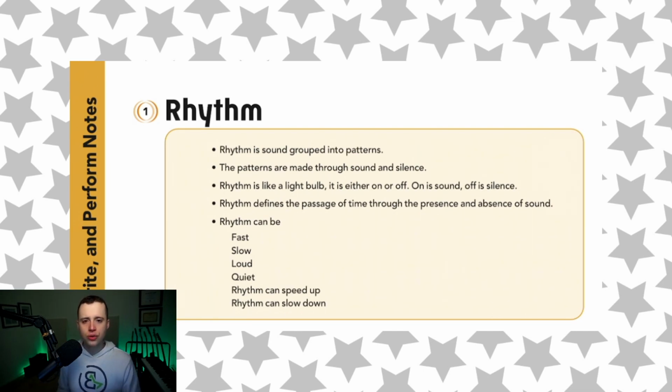So what we're going to do now is we're going to listen to an example of rhythm, and I'm going to talk you through the different things that are happening as we listen. So this is example 1 from your book, Rhythm. This is an African kind of rhythm. But listen, we're not worried about what these different sounds sound like. You can hear that there's a sound and then there's silence.